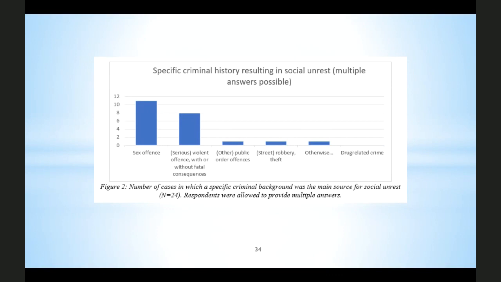Well, in the past, we've seen that Dutch local authorities would issue area exclusion orders. So basically orders to ban ex-offenders from the municipality. And Dutch courts have on multiple occasions ruled these exclusion orders unlawful. However, we also know from previous studies that these bans are still being issued. So how do local authorities aim to prevent social unrest? Well,